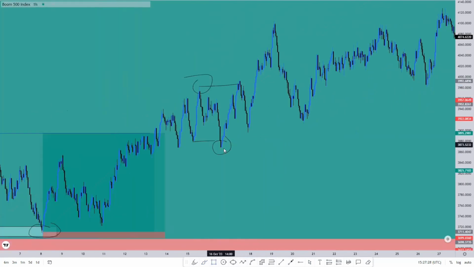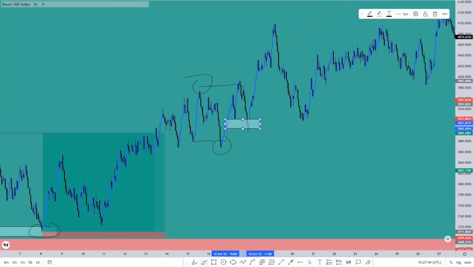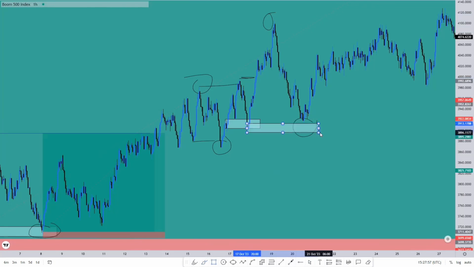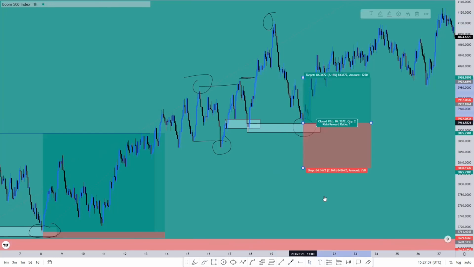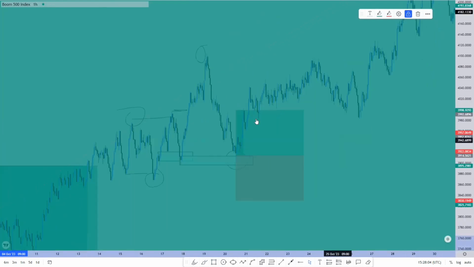After this break, you're expecting them not to take out this, so long as they haven't gone all the way up to the swing leg up there. So right here, you would have drawn your first zone as the demand there. Another one right here. They tapped into this one. You would have gotten confirmation on a 15-minute, because right now on 1 hour, you would have taken other buys there. First target could have been this because it's a small swing. Higher high there, higher low. Right here, they gave you an opportunity on a demand zone, which actually was a bigger and longer swing than the others. So entering here,